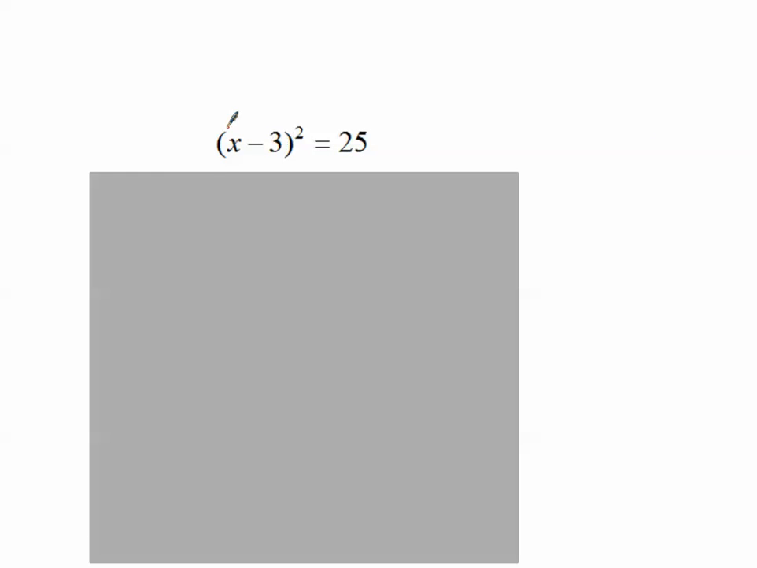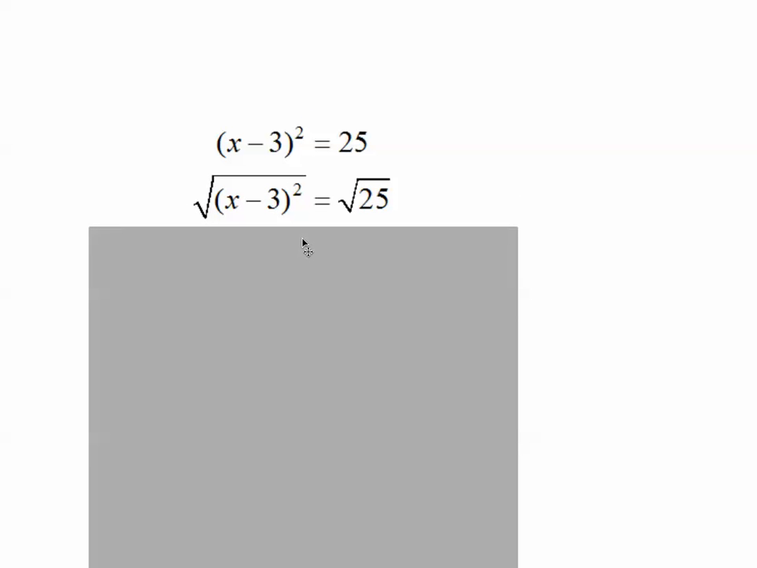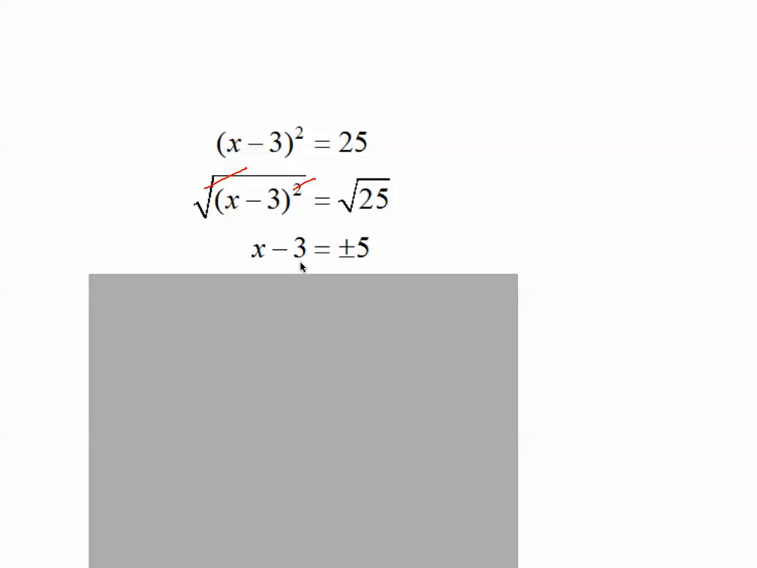x minus 3 quantity squared. This time, because the squared is outside this quantity and there's nothing else around it, that's the first thing: get rid of the squared. So the inverse of the squared is the square root. That cancels out the squared. Take the square root of both sides, of course, and we're left with x minus 3 equals plus or minus 5. Because we took the square root of 25, this quantity could either be positive 5 or